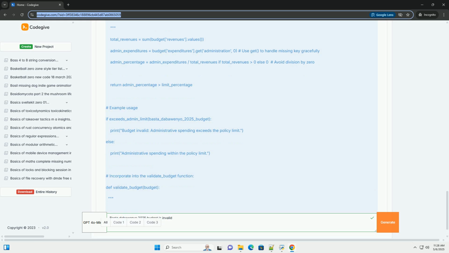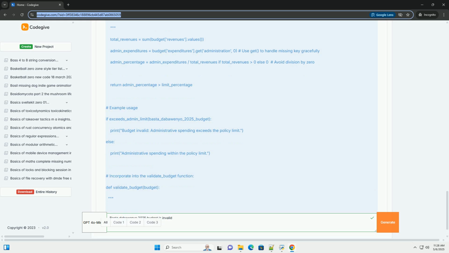4. Beyond code, budget planning and justification. Remember that code only helps you enforce rules and detect errors. The real work of creating a valid budget happens in the planning and justification stages. Here are some key considerations.